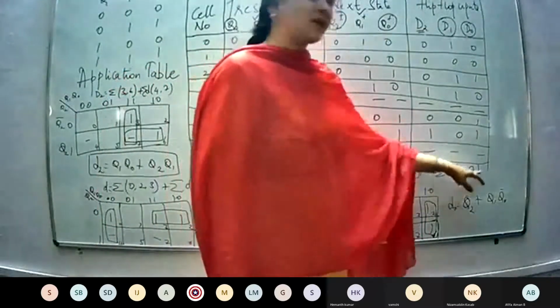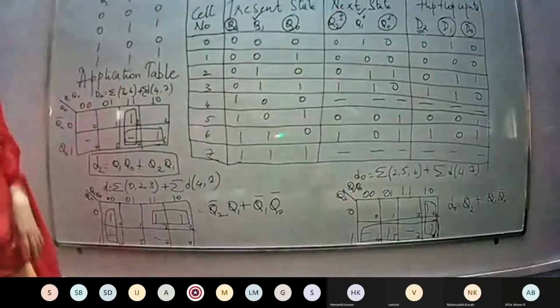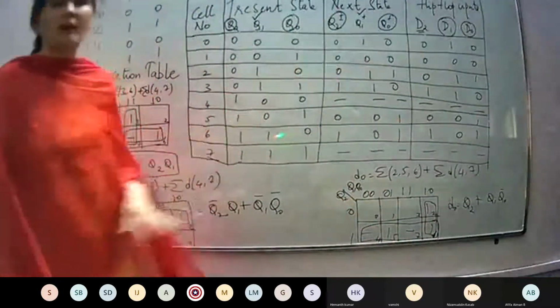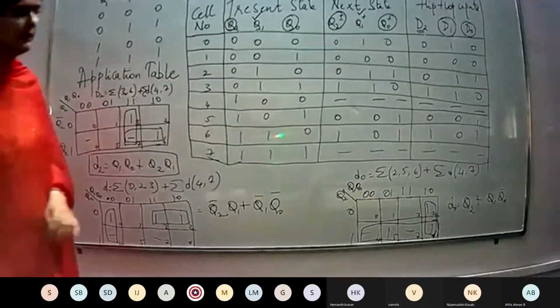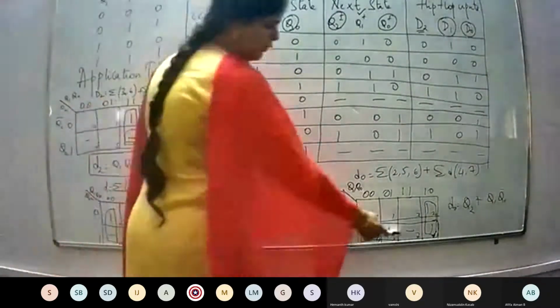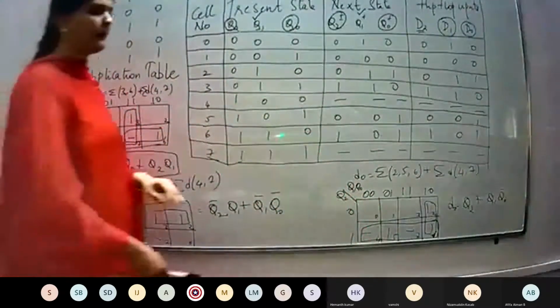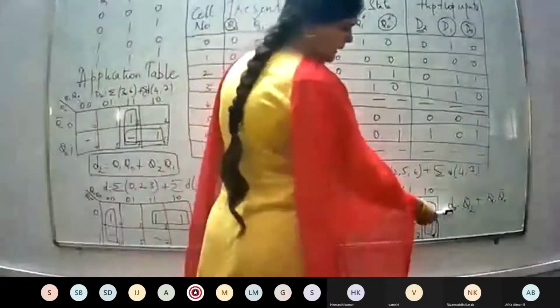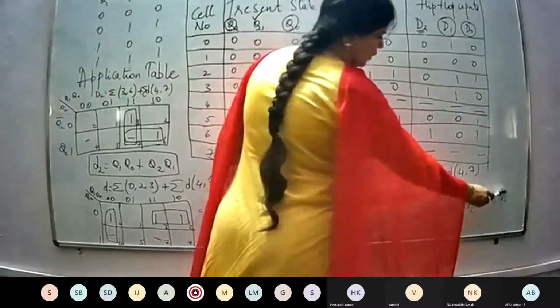So I'll be writing 4, 7. And I'll be writing the 3 variable K-map. Okay, and corresponding 1 I'll be placing in the cell, and corresponding don't care term I'll be putting in this. Okay, then I will group it. After grouping, you will be getting the equation like this: D0 is equal to Q2 plus Q1 Q0 bar.